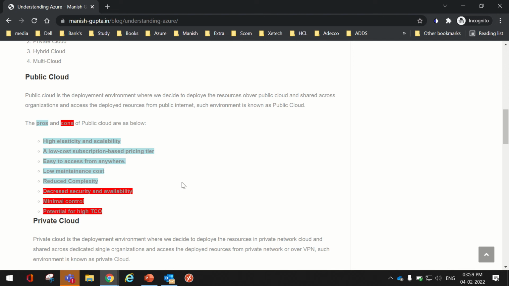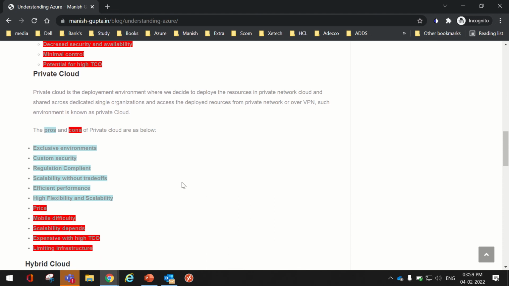We also don't have maximum control over there, because it is in the public cloud, so anyone can try to access it. So there is minimal control as well, and it has high potential for attacks. These are a few things we can keep in mind while configuring any public cloud. But in the same way, if we configure a private cloud,